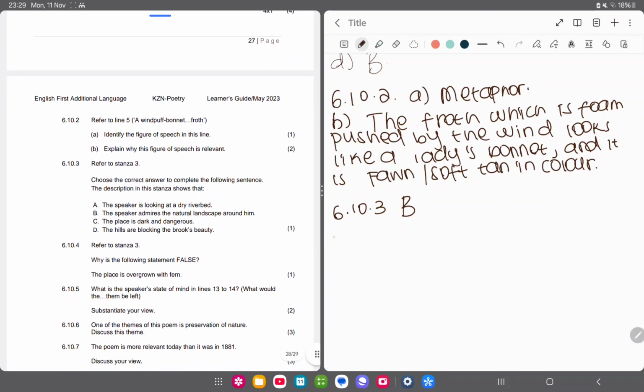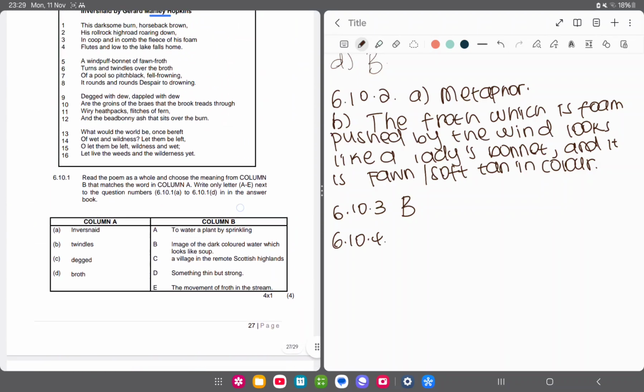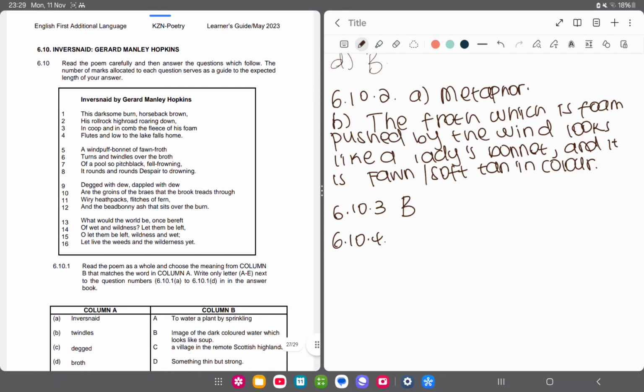And now let us say 6.10.4. It says refer to stanza 3 and it says, why is the following statement false? And it says the place is overgrown with fern. Let us go to stanza 3. Stanza 3 we have already read, and it says decked with dew, dappled with dew are the groins of the braes that the brook treads through, wiry heathpacks, flitches of fern, and the big bonny ash that sits over the